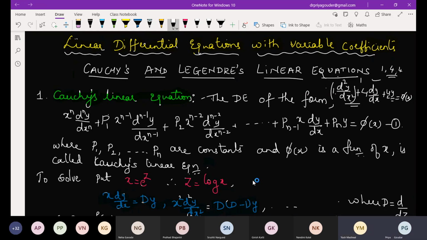Constants. So what you have learned till now is to solve a linear differential equation with constant coefficients. Now, if you replace these constants by variables, you can take x or y. Instead of constants, if you have variables, you can observe in equation 1 that you have the nth order derivative, along with that you have x raised to n. The coefficient of the nth order derivative is x raised to n, and x is a variable or a constant?